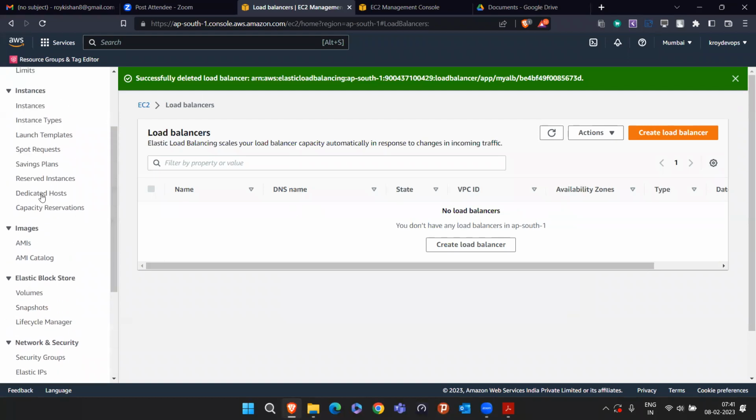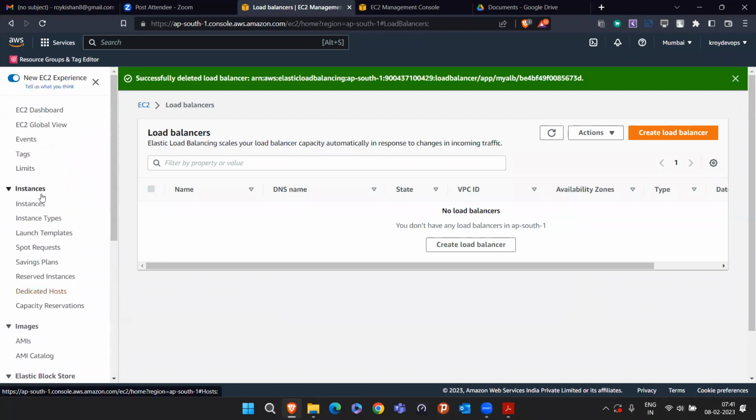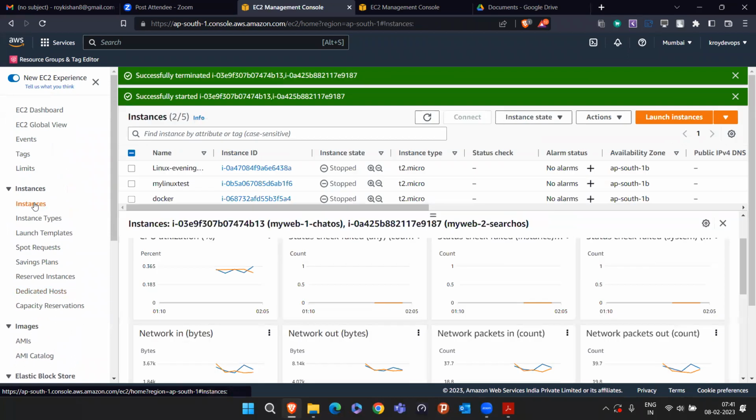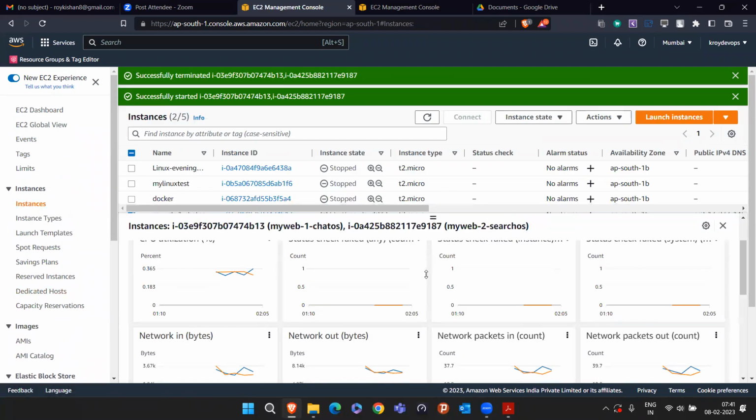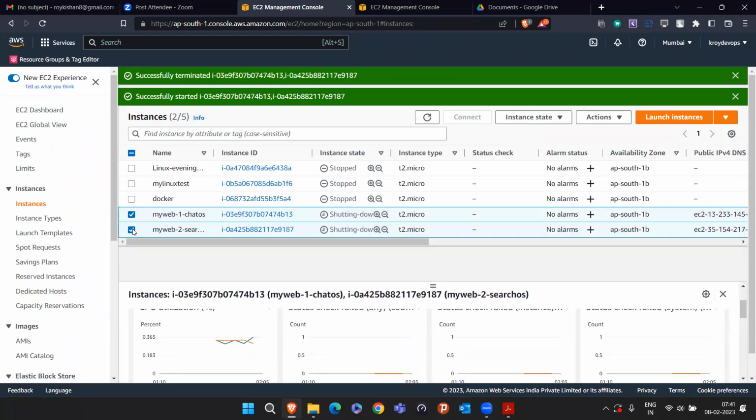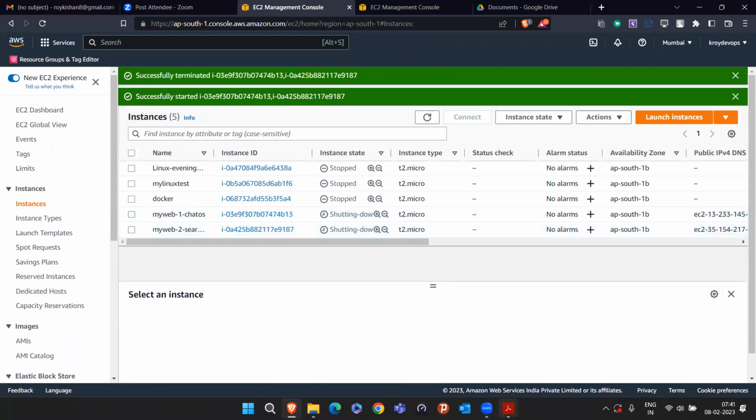Now we are going to understand the concept of auto scaling basically. Auto scaling will be useful in which type of scenario, that first you have to understand. So if you come here,